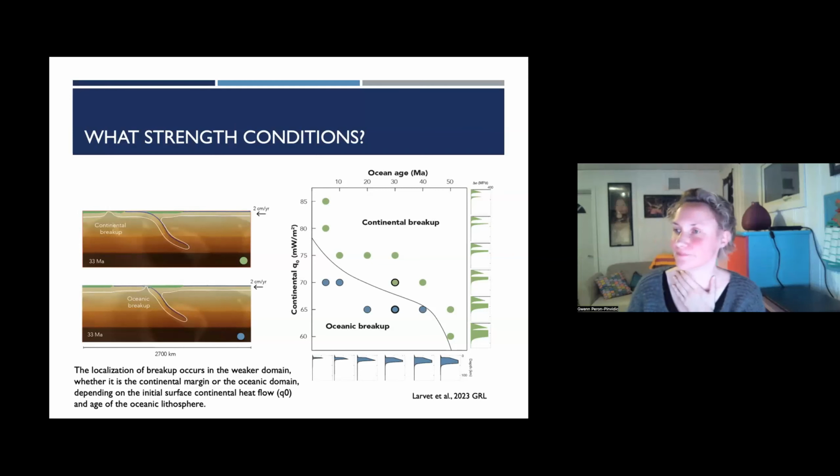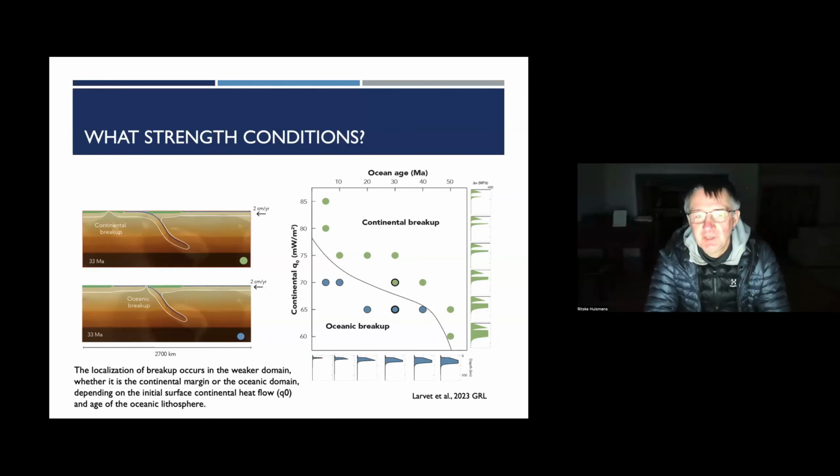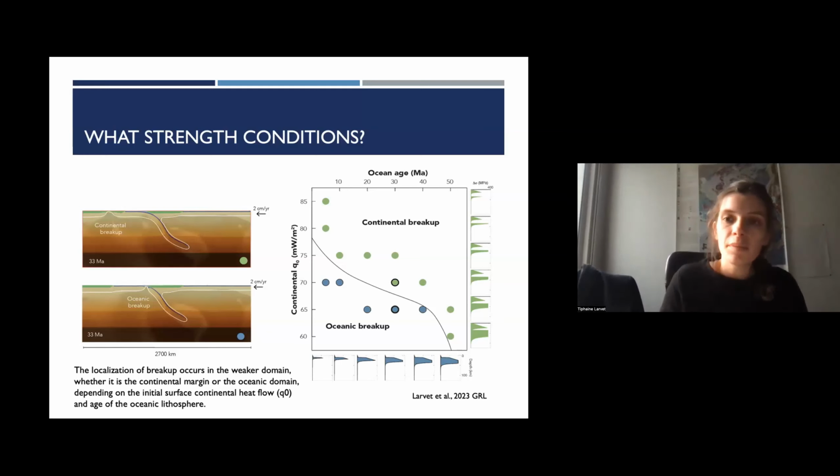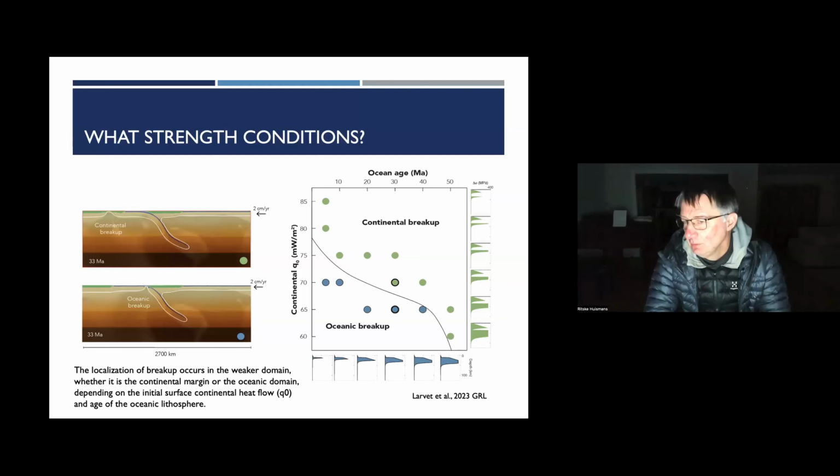Ritske? Yeah, I mean, nice set of models. Just a naive question: is there any geological evidence that the breakup and extension was in the Mesozoic and not in the Cenozoic? For the South China Sea? Yeah.